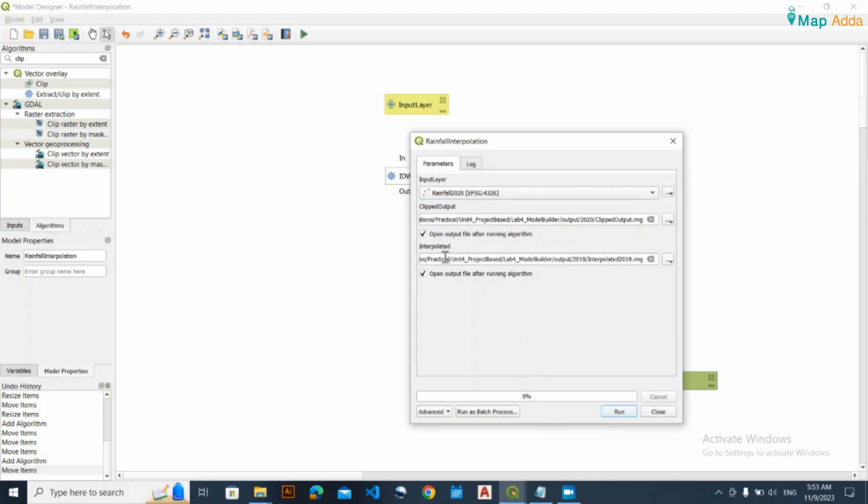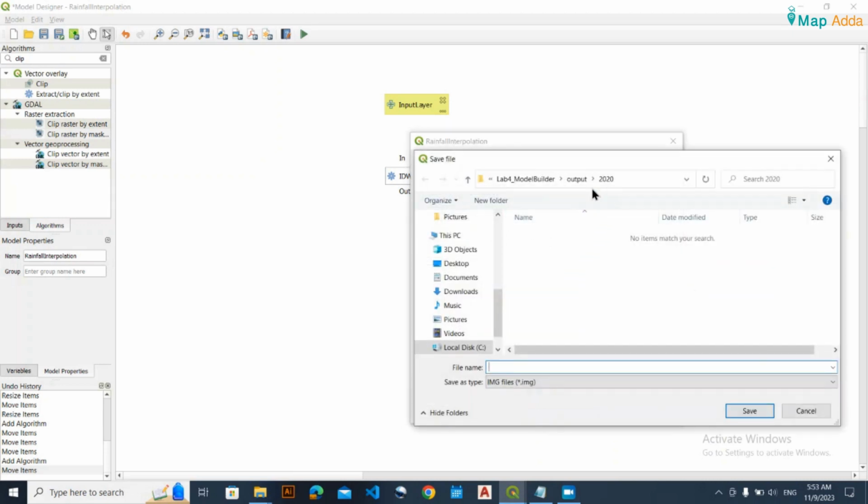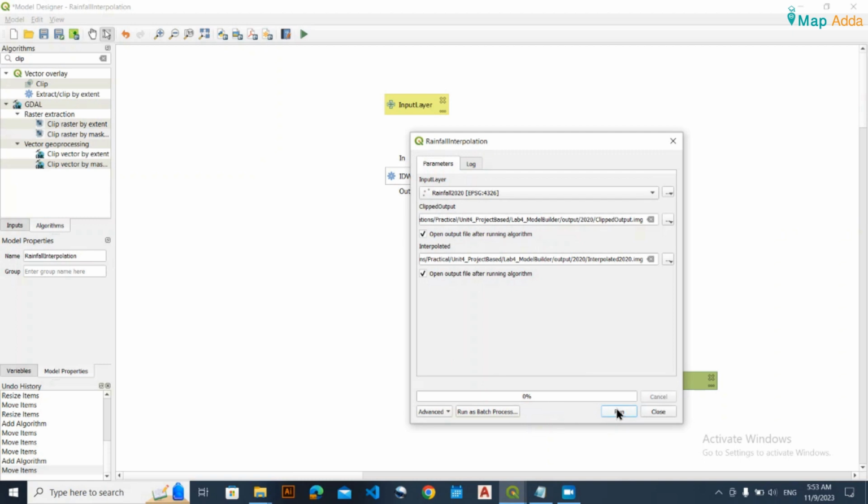Okay, and now you need to do interpolation and choose where the output you want to keep. Okay, I'm going to again go here, and I would like to go here, let's say write interpolated 2020. Okay, now just run it,